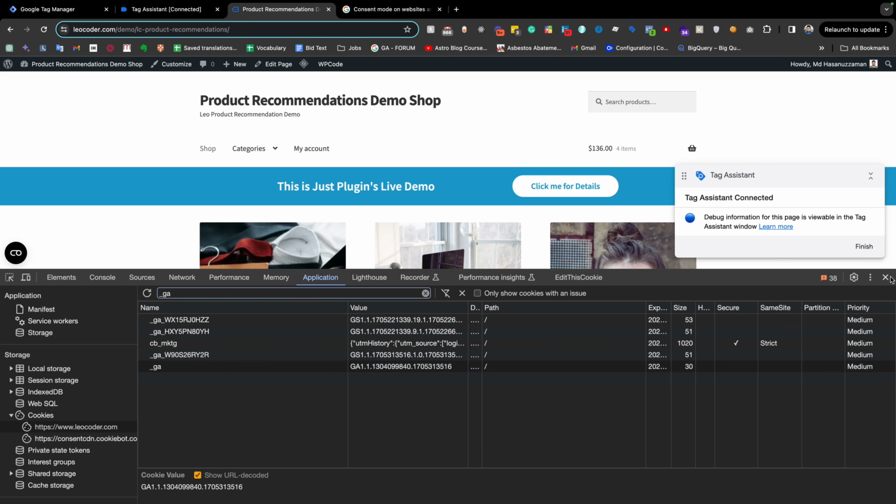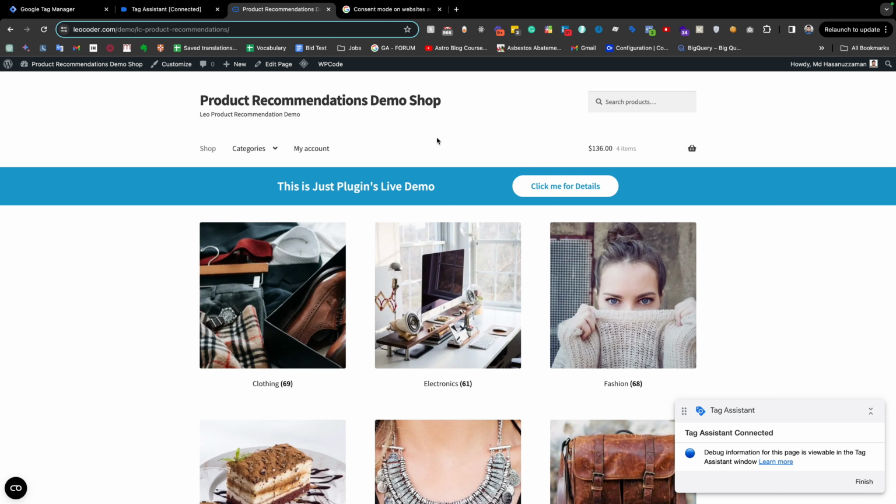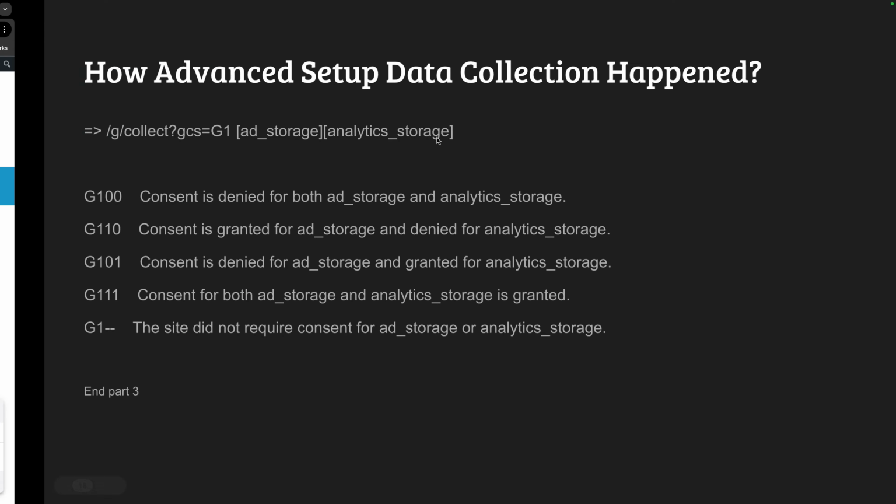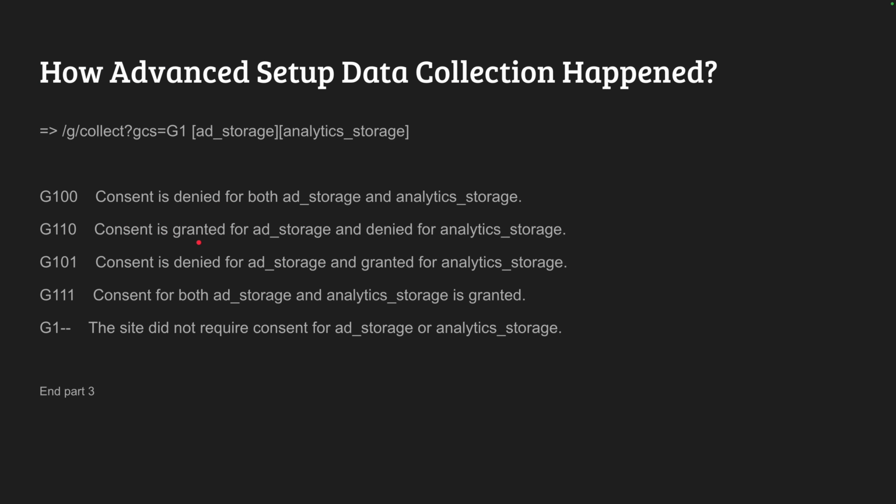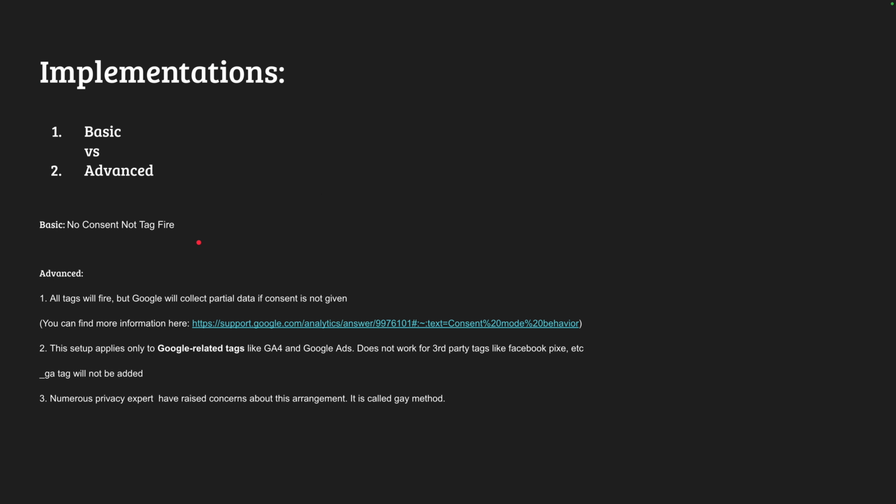So in a nutshell, this is the advanced method. It is called advanced because Google internally applies some advanced techniques to filter out and collect the right data based on available consent. The setup of the advanced method is easy, but